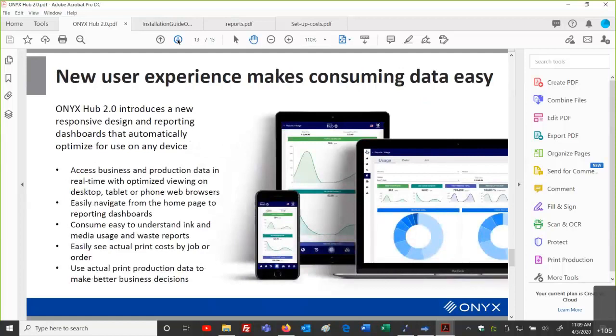And again, a new user experience, introducing this update to the dashboards of our information, getting real-time information across our different platforms, whether it's a tablet or another computer referencing this information, or through a cell phone type device. Grabbing this from these different dashboards, we're able to access this information.